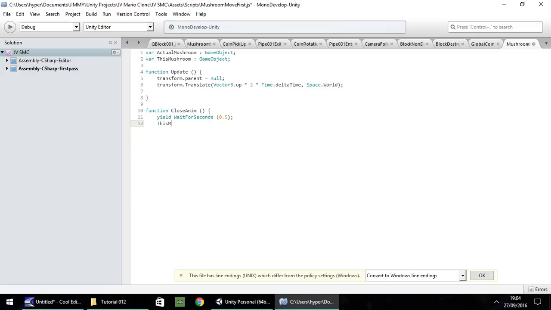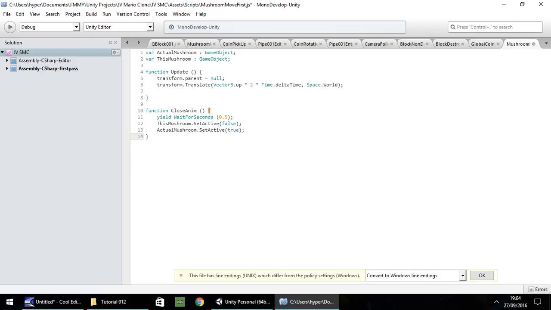So this mushroom dot SetActive false, and then actualMushroom dot SetActive true, and then close curly bracket.